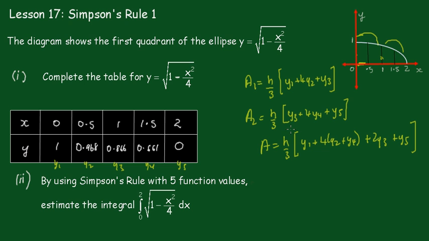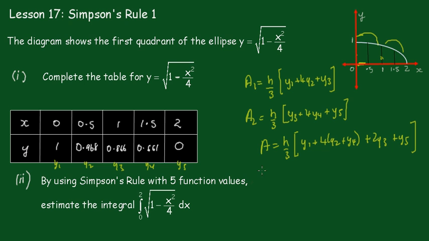Okay, now if you want to do more of these, the easy way to remember it, provided you start with a y1 to begin with. So this must start with y1. You say it's 4 times the even ordinates plus 2 times the odds. Now we just simply